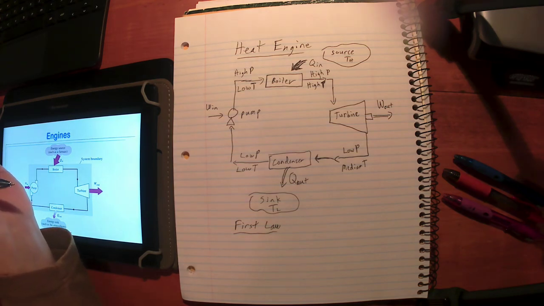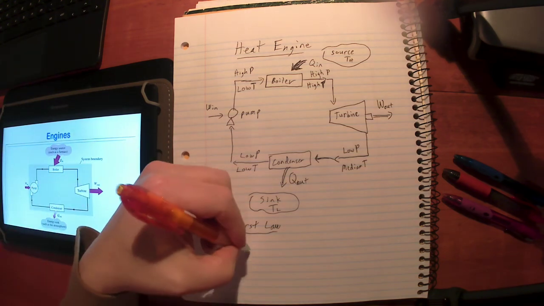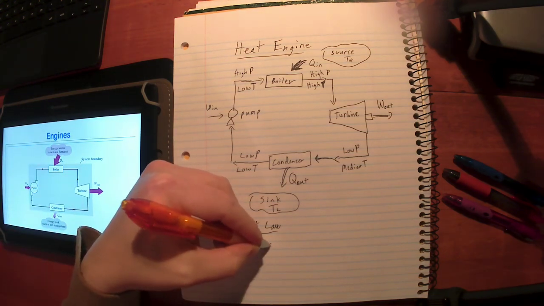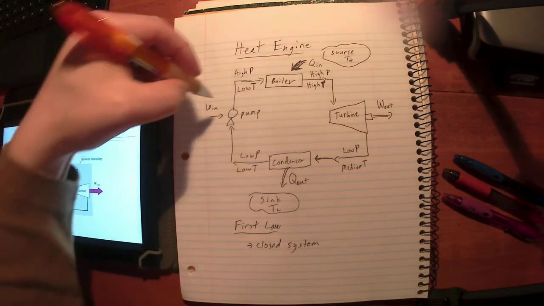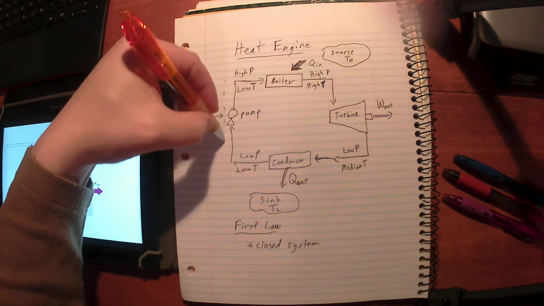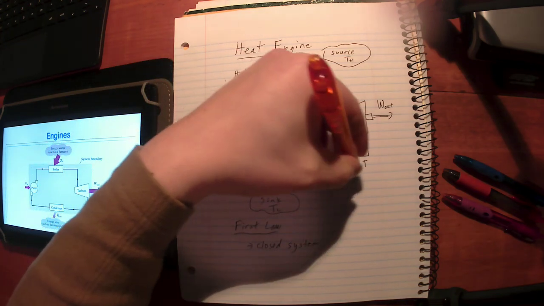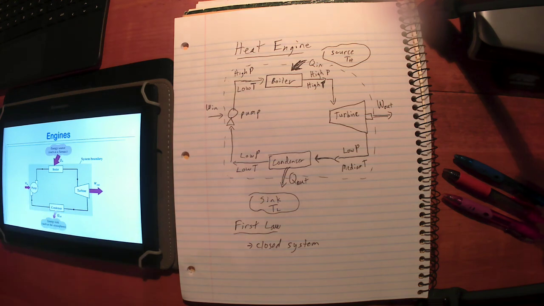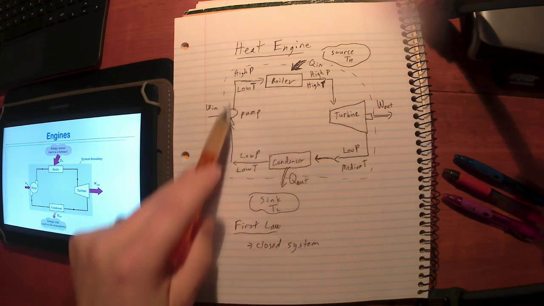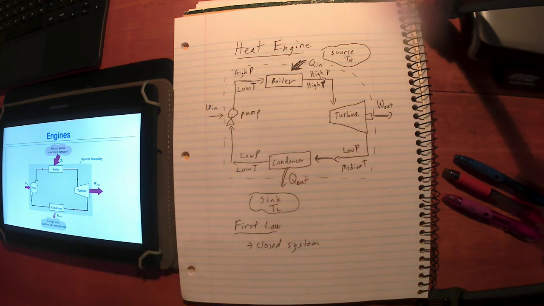You see any mass crossing the boundary? No. It's a closed system. I mean, it does kind of depend on where I draw my boundary. If I draw my boundary there, right? It's a closed system. There's no mass crossing the boundary. All the working fluid is trapped going through this cycle. So it's a closed